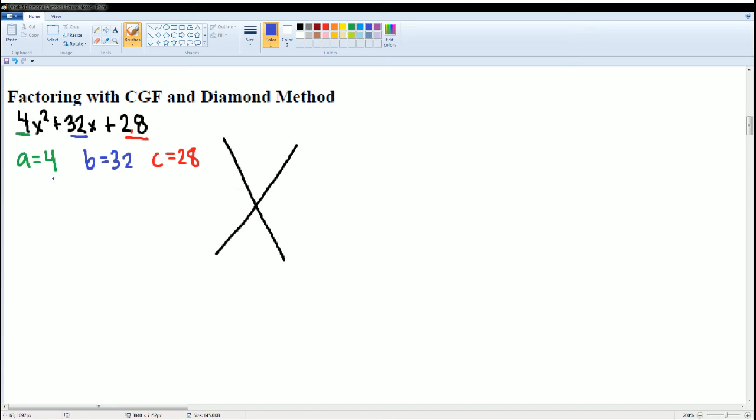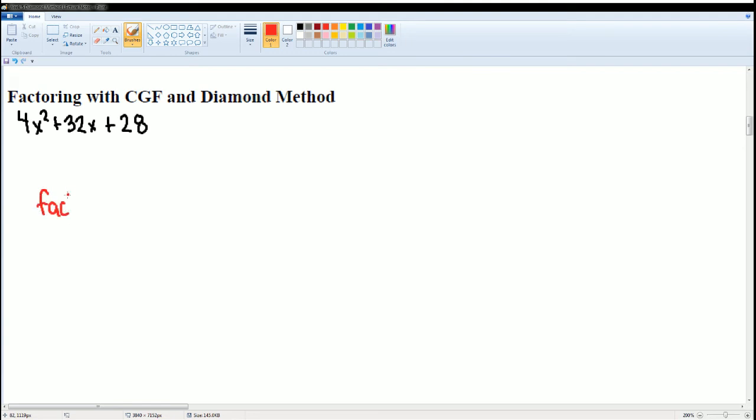These numbers 4, 32, and 28 have a number in common. Okay, they have a GCF. So before we factor, and normally we factor,